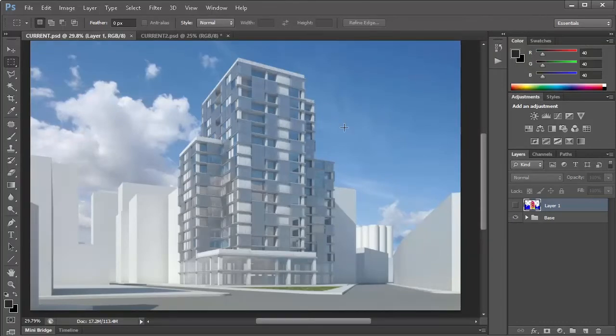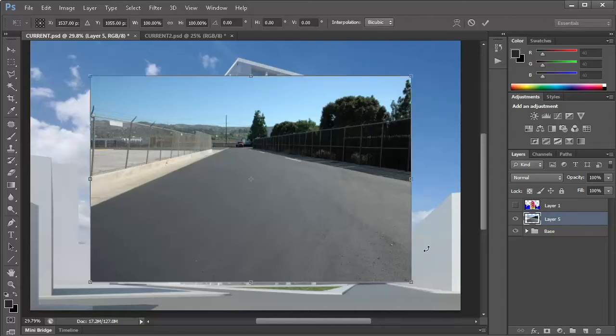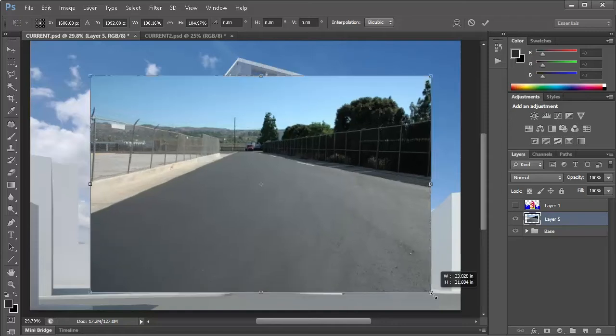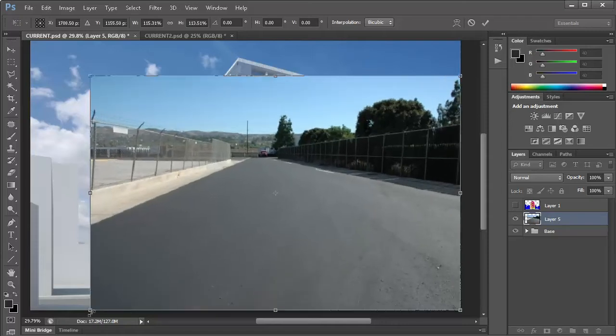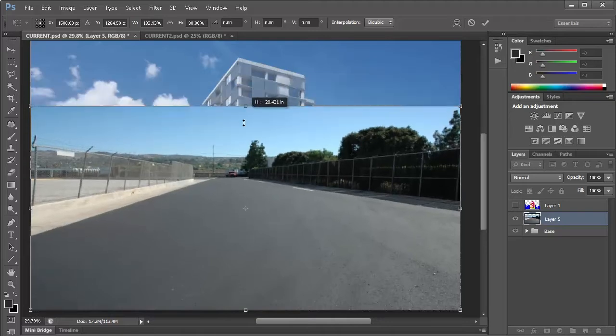Now what I've found is this image. Now what we want to do is just organize these properly. Always leave this at the top so it doesn't get lost when we have a lot of images down there. And do Ctrl-T. And using Ctrl-T, you can stretch this and warp it to fit more or less the